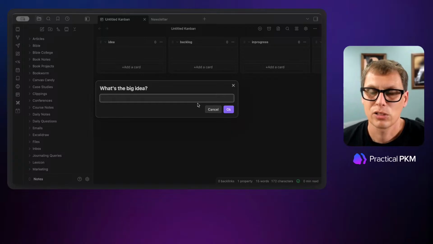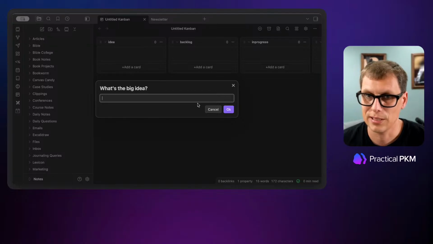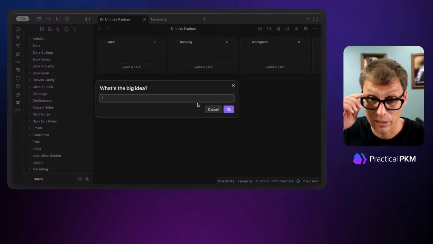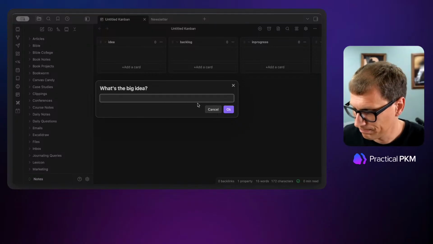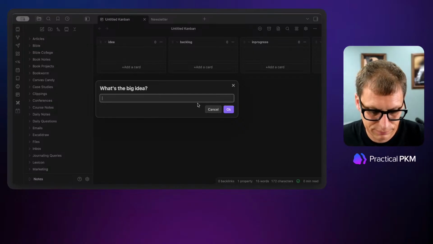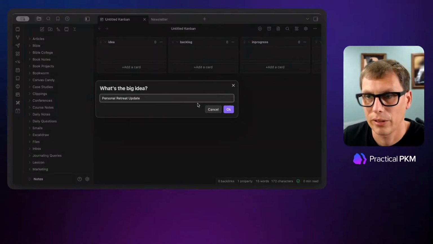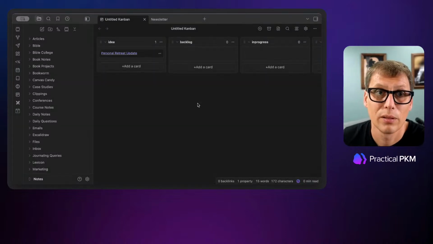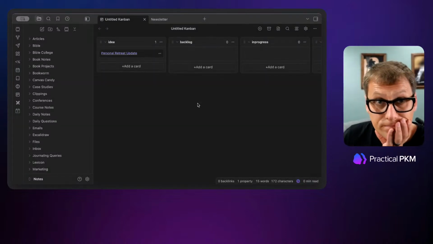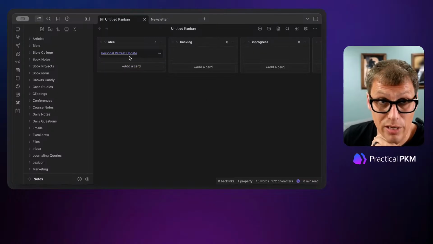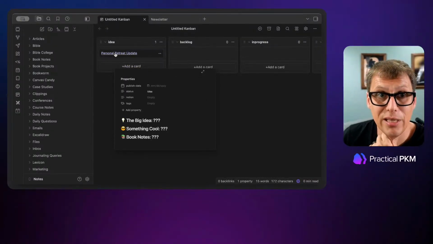Okay. So what it does then is it prompts me for what's the big idea. And then this is what I will type. That's going to become the name of the file and the link on the card. So I don't know, let's say personal retreat update. All right, and then when I click OK or hit enter, the file is going to get created. The card's going to get created, and the file, as you can see, has